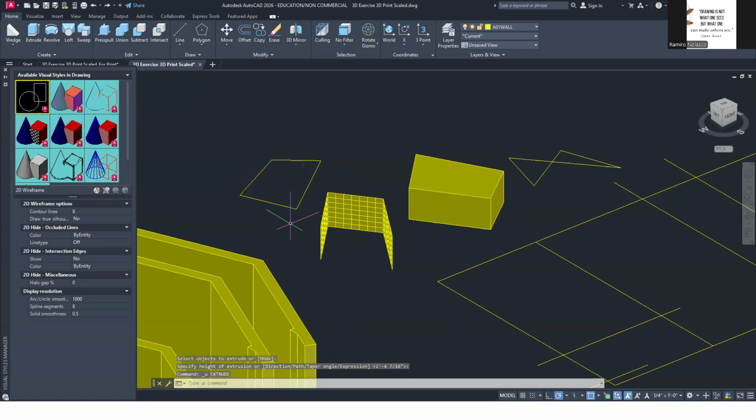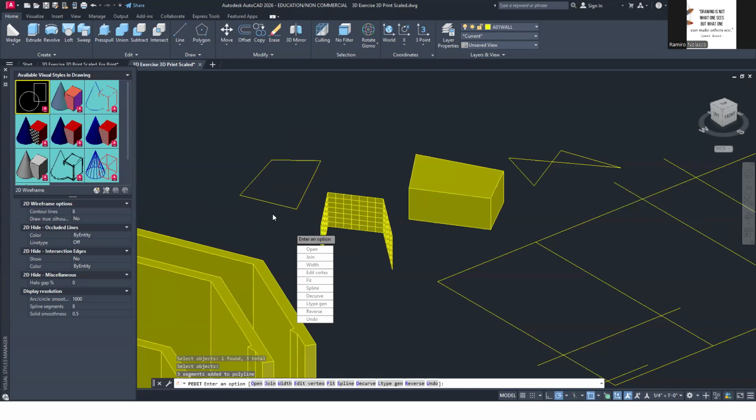Okay, undo. Now, what I can do is PEDIT, polyline edit, and convert the line into a polyline. So it will ask me, do you want to convert this into a polyline? Enter for yes. And then you can join the rest of the lines. Enter. And now it is a closed polyline.